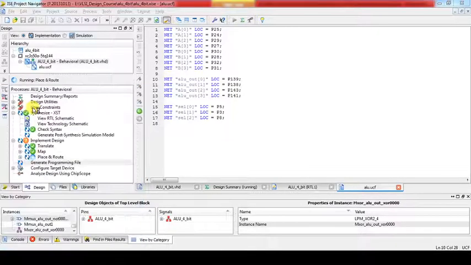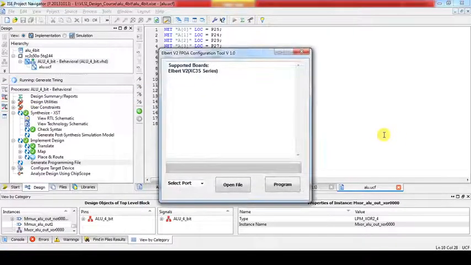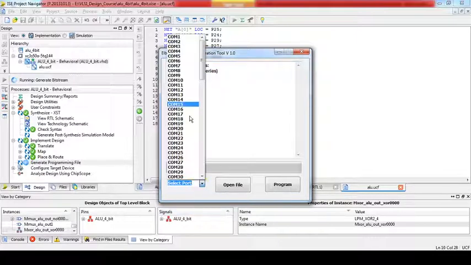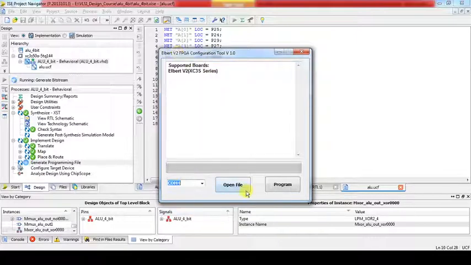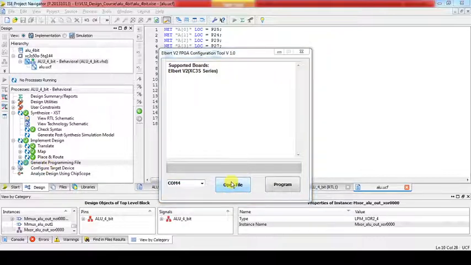This is the programmer we usually use to write to the FPGA. It shows the FPGA board family, the XE3S series, and we have to select a COM port. I am using COM4 because the USB port I connected to the FPGA is COM4.